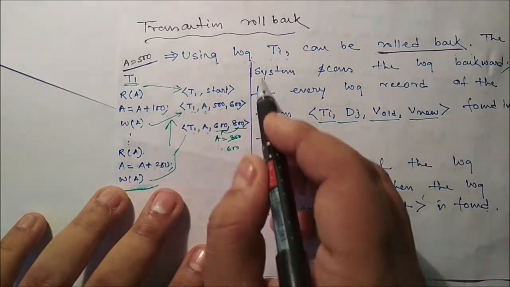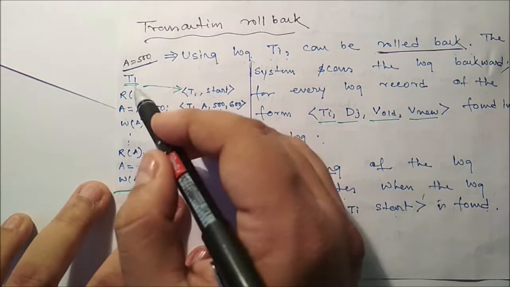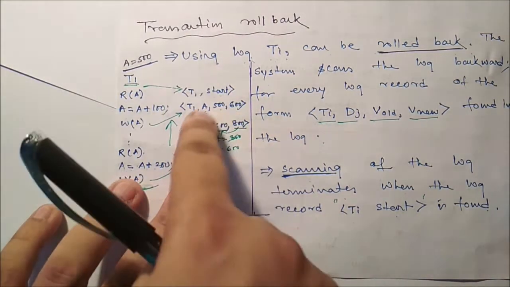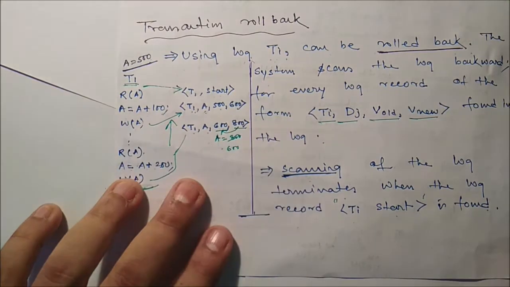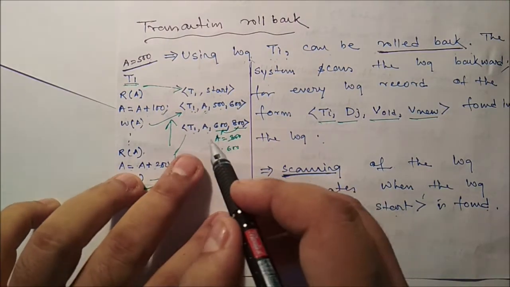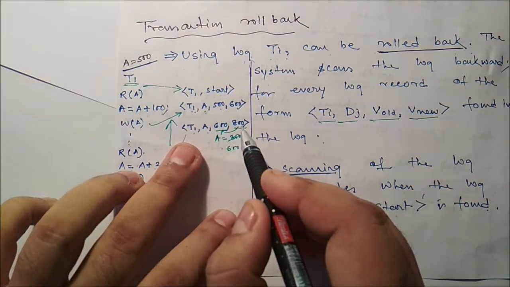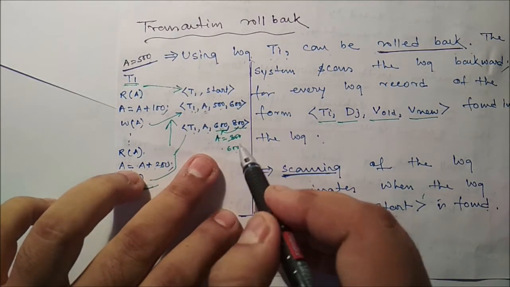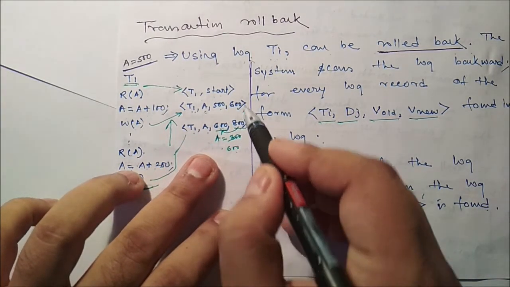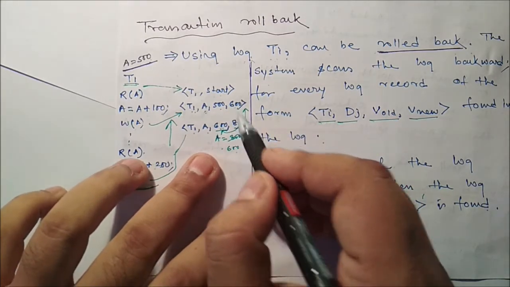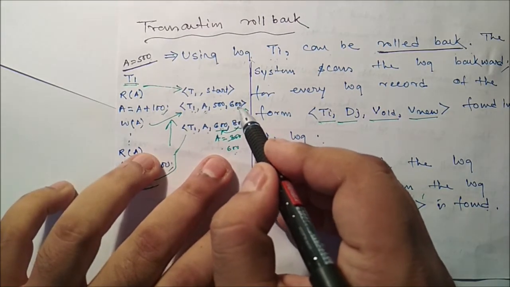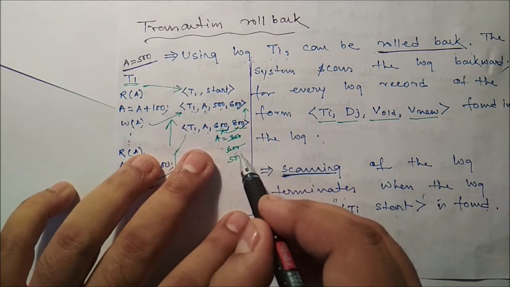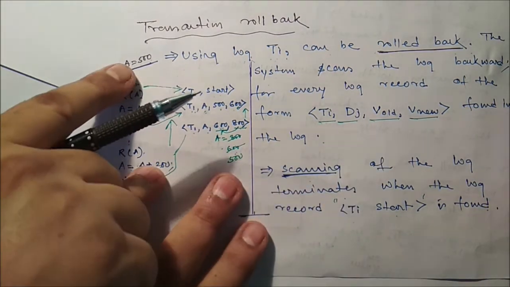This is our log file. So if the transaction rolls back, we have to check this particular log file from the bottom. The new value is 800, so we have to replace it with the old value, 600. Now we check further. Here 600 was the new value, and we have to replace it with 500. So the value will be 500. That means we are restoring the old value.